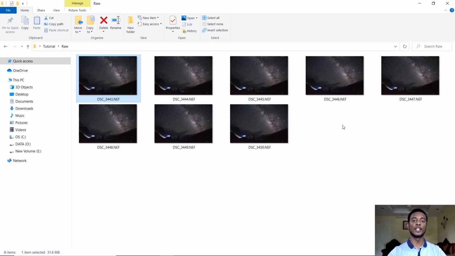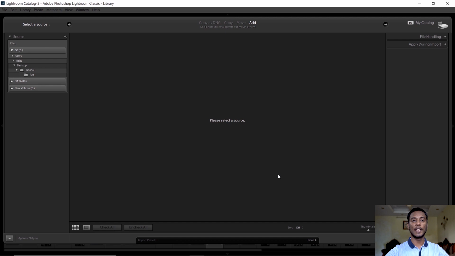So there's a free software for Windows called Sequator that will do the job for me and is pretty easy to use. I will just give the link of the software in the description. This is a free software. You don't need to pay for that. But if you are using a Mac, then there is Starry Landscape Tracker, which at the time of recording this video is a paid software. So here I am at Lightroom and let's have a look at what we do before